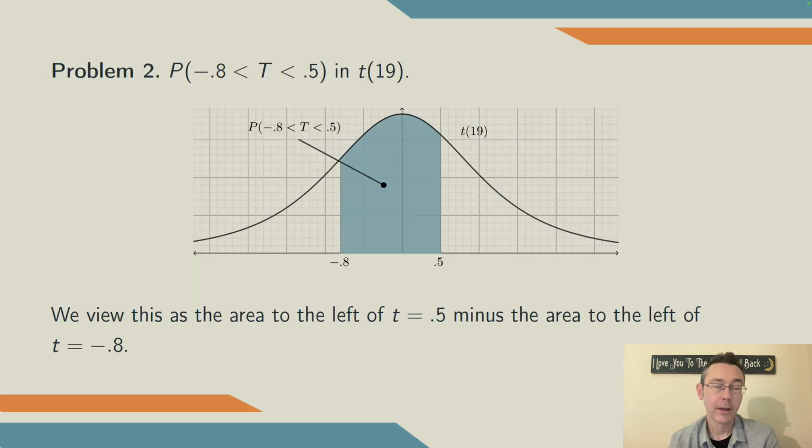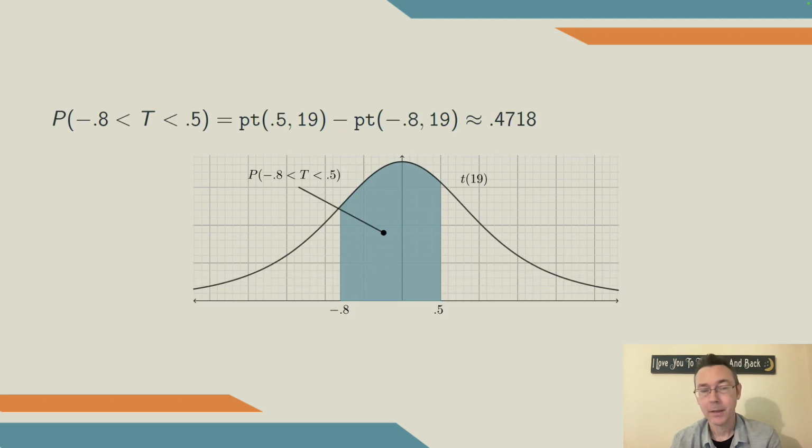Problem 2. Find the probability that t is between negative 0.8 and positive 0.5 in t of 19. So I've sketched the area here. We want to find that area. And we'll do that by taking the area to the left of 0.5 and then subtracting off the area to the left of negative 0.8. Basically, that means subtracting 2 pt's, pt of 0.5 comma 19 minus pt of negative 0.8 comma 19. We get about